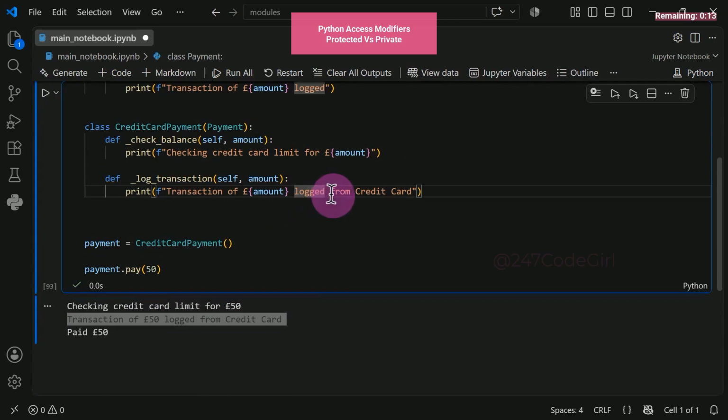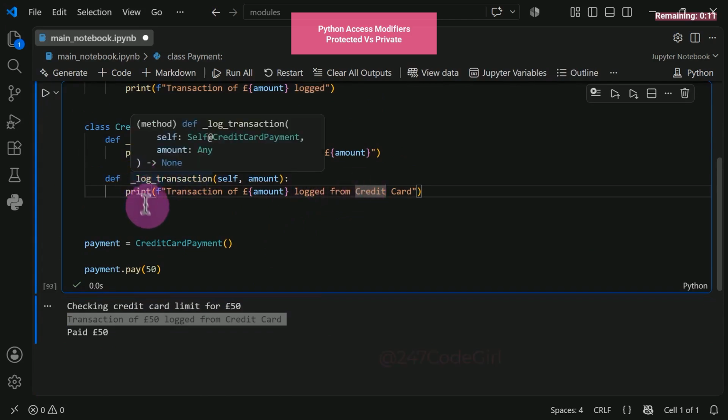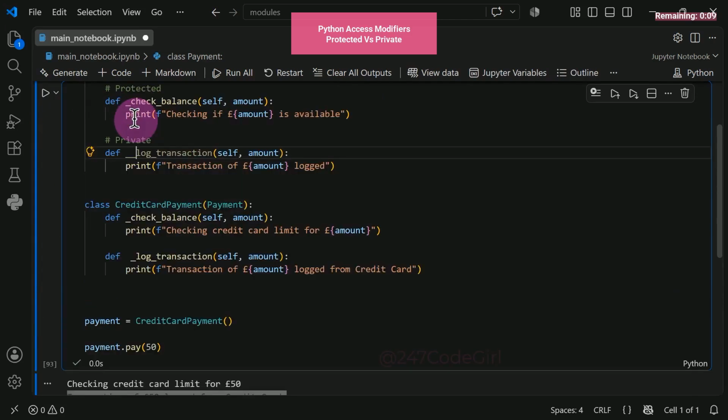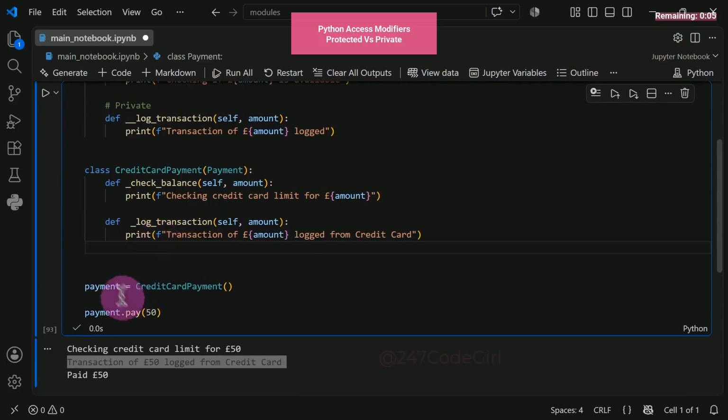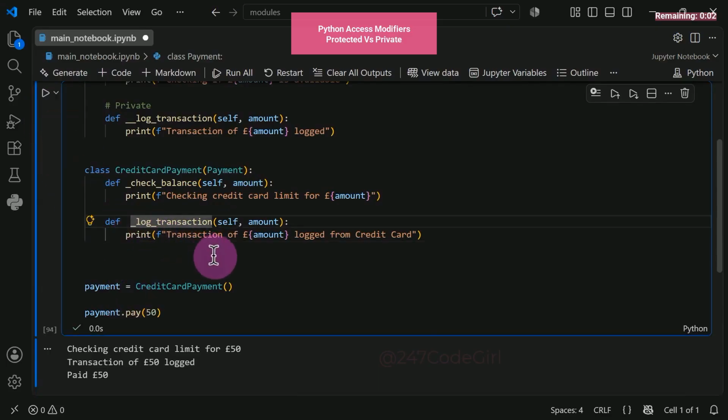So now the method override is actually working, but we did not want that. We actually want this to use double underscores, so that child classes cannot override it. No matter what the developer does, they cannot accidentally override it from a child.